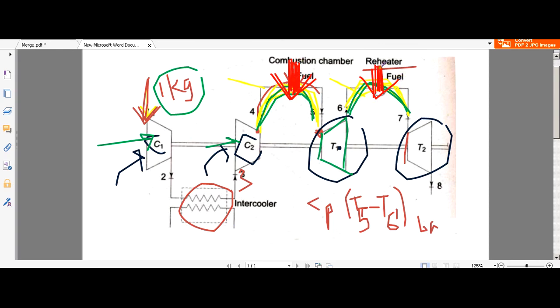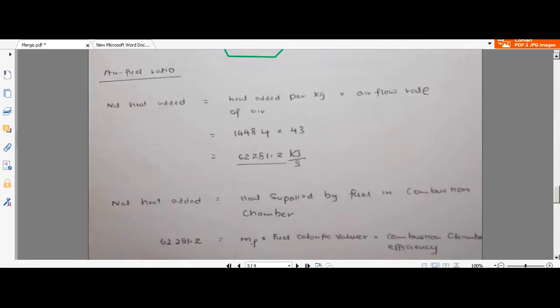Again we are going to give some fuel from there through the reheater. Okay, right? So that means now we know what is the amount of heat that we need to add. Is that clear? So now we know the amount of heat that we need to add. That is clear. So this amount of heat is added per this much of air. That is what I told you guys.